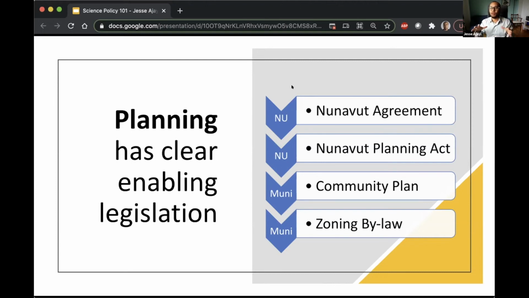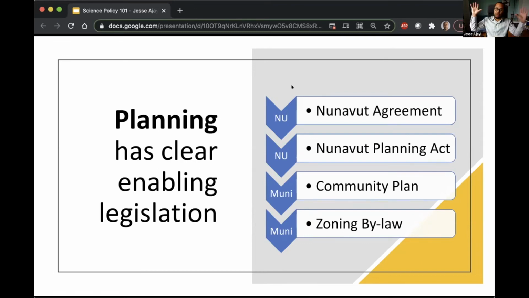defines what municipal land is. And then the Planning Act, the Territorial Act, the Nunavut Planning Act, gives authority to municipalities, that's the 24 hamlets in Nunavut and the city of Iqaluit, the 25 municipalities in Nunavut. It gives authority to each of those municipal bodies to regulate land use, which is really just talking about development and the intensity of land use within those municipal boundaries for that municipal land.